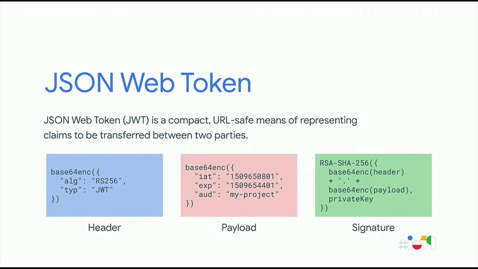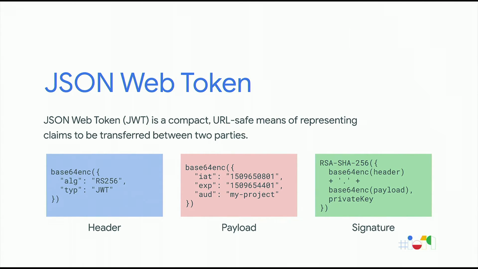Now, as Calum mentioned, IoT Core provides a device identity system. A JSON Web Token, or JWT, is a compact, URL-safe means of representing claims and is used for device authentication with IoT Core. A JWT is composed of 3 sections: a header, a payload that contains a claim set, and a signature. The header and payload are JSON objects. And the header consists of 2 fields that indicate the signing algorithm and the type of the token. The example here uses RSA, but IoT Core also supports elliptic curve.